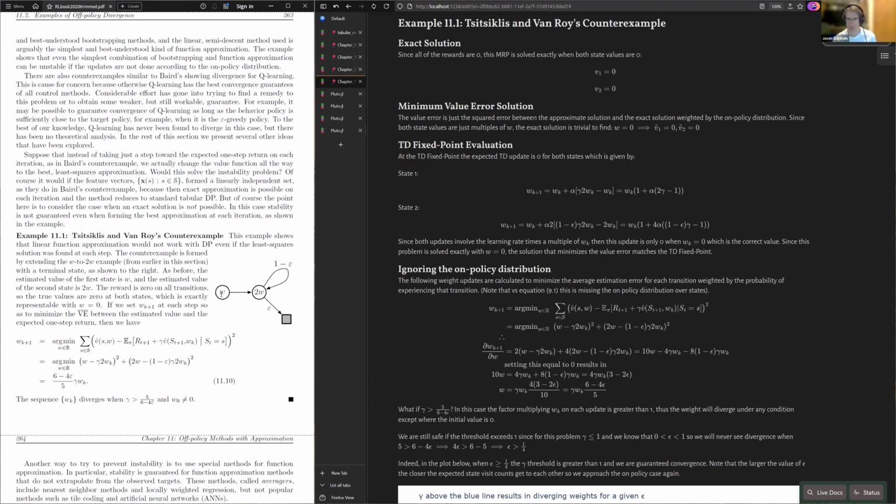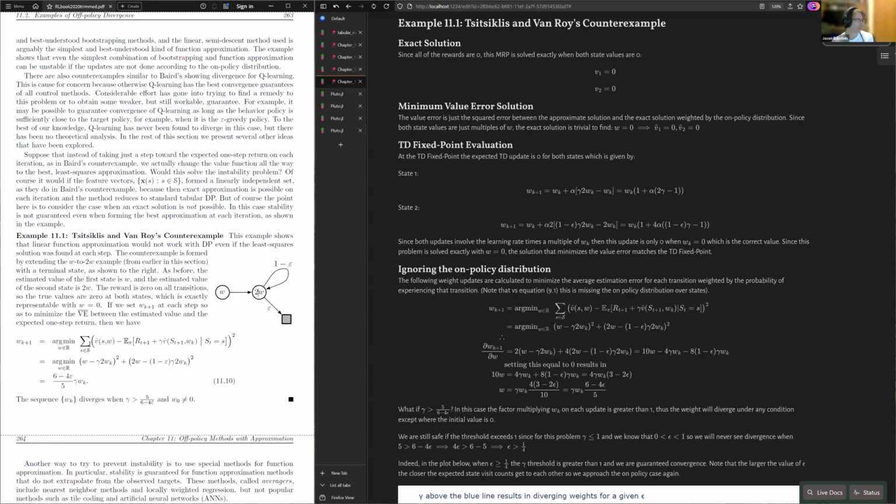the values of each state would be represented by the feature vector. In this case, the feature vector for this state is just 1, and for this state is 2, which is why there's a difference between the values. But this relationship is enforced by however you represent the states with feature vectors. So this value in the approximation must always be double whatever this value is. We already had to deal with those constraints earlier, but now in doing off-policy training,